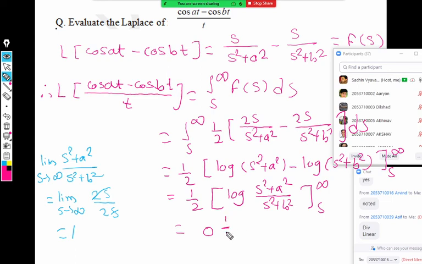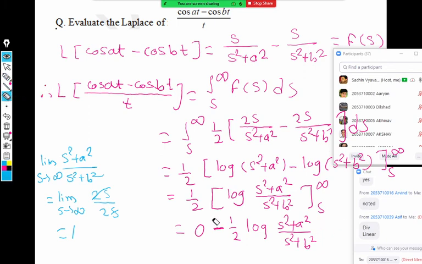So I will write 1 by 2, then minus the lower limit. Sorry, I am writing it a little bit wrong here, so I'll take it like this. The upper limit is 0. The lower limit has the minus sign, so minus 1 by 2, and we replace s by s only. So log of s square plus a square upon s square plus b square. So this is the answer. If you want, you can keep the minus outside, or if you take the minus inside, what happens? There are multiple ways of writing the answer. This is one of the answers. Let me show you all possible answers here. Just 1 minute.